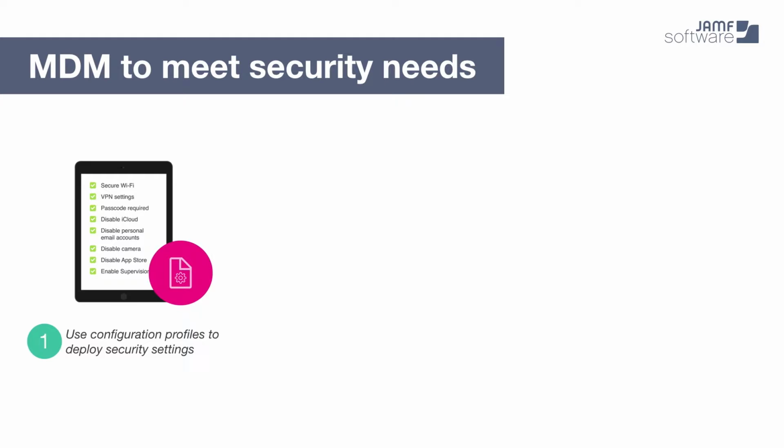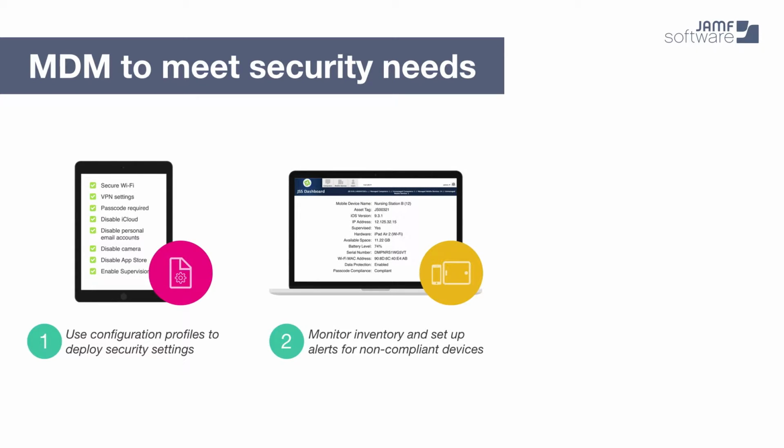Okay, so after we've got our security settings deployed to these devices, you want to then monitor them. And you want to set up any sort of alerts for non-compliant devices. And that's what the Casper Suite can help you do. So inventory data is gathered and sent back to the MDM server. And it's a lot of great information about these devices. It will tell us like the serial number, the IP address. It'll show us like the battery level on it. But it also shows things like a list of all apps installed on there and any sort of profiles that